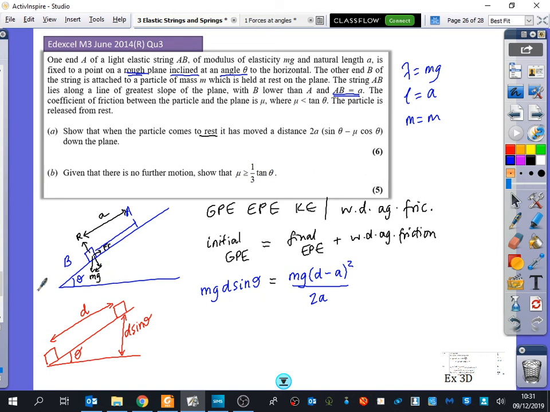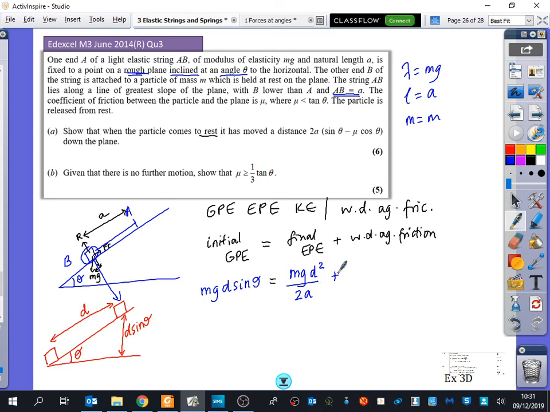It's just moved d. Oh, I thought that's from the top. That's why. Imagine this bit here, the particle at the top of the slope. I just drew this diagram. This bit here is it moving from here to here. So the distance that it moves is not going to be d minus a squared. It's just going to be mg, lambda x squared, d squared over 2l, which is 2a, plus